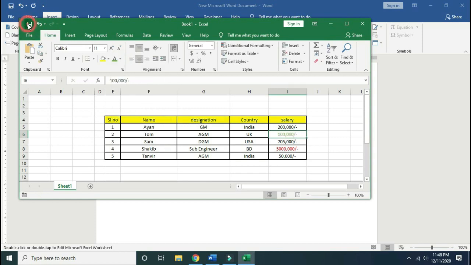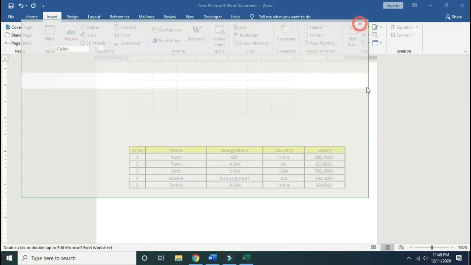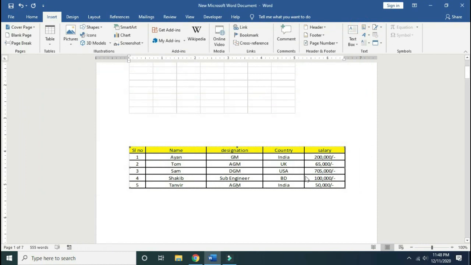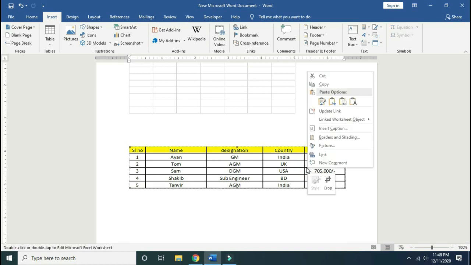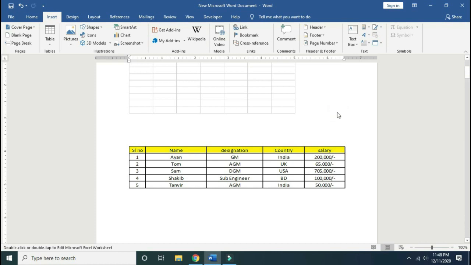Then save and close this document. Now you can see it is not changing in the Word document. So I right click on this table, then click on Update Link. Now you can see the value is changed. So in this process you can insert an Excel sheet in a Word document.